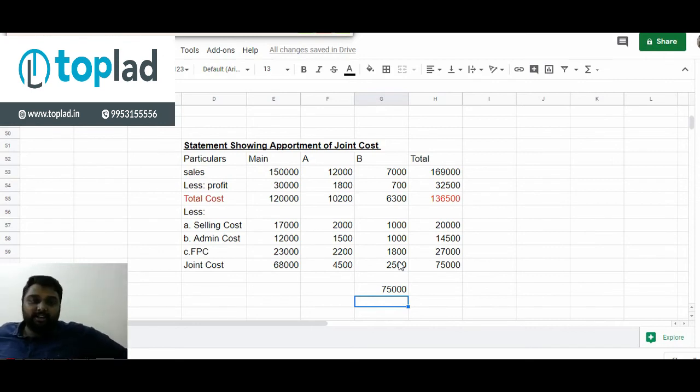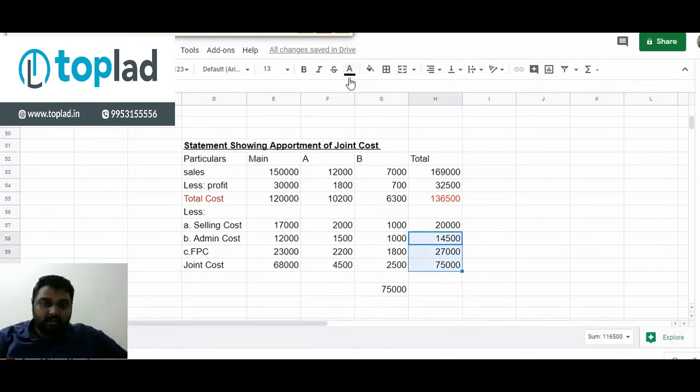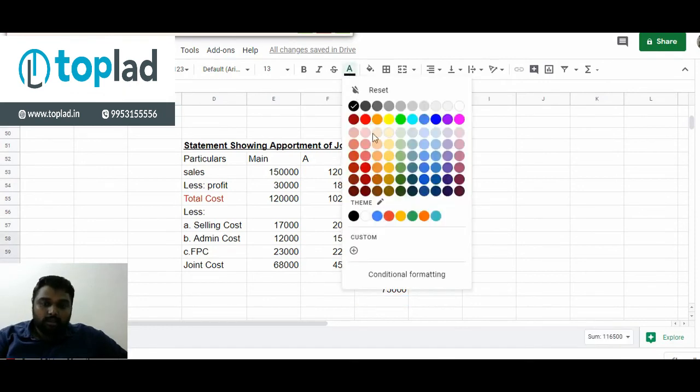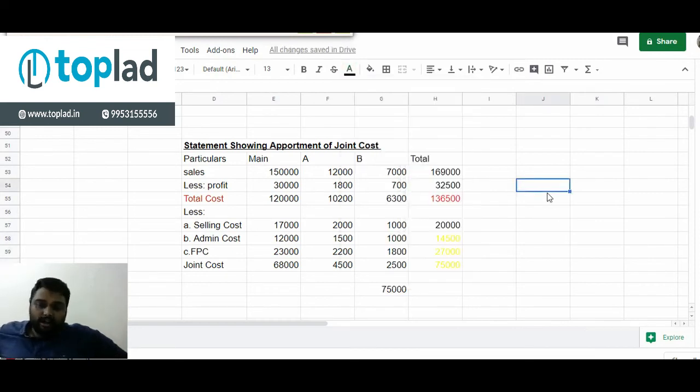It's a very interesting question. The main twist in this question is that admin expense is not given. In the reverse way, we have taken the 1 lakh and 36,500 total. From that total, the red color we have deducted from the yellow color total. The balancing figure we got is the selling cost. The question has given how to apportion it. So we got the answer. Are you clear?